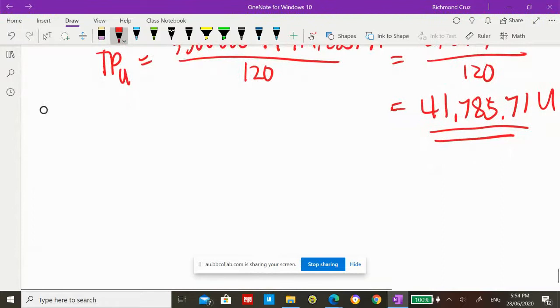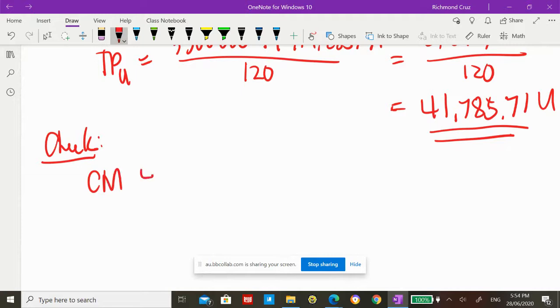If you want, let's check. Let's see if we are correct. I start with the contribution margin. That is 41,785.71, or let's round up to 41,786; on my calculator, I do the rounding off. I multiply this by 120. So, the CM will be